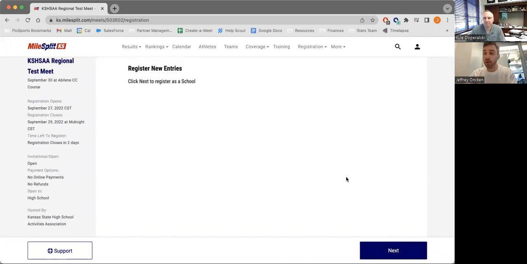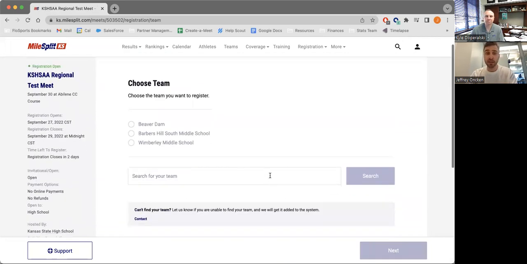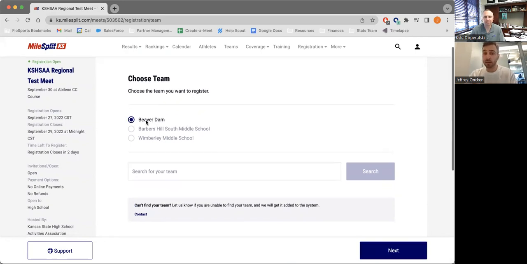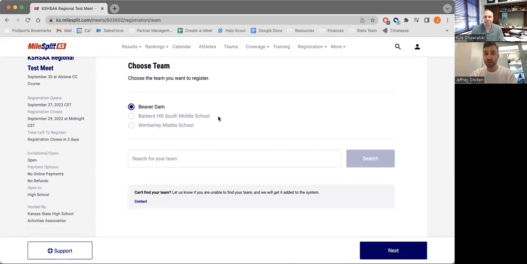Since these meets are only open to schools, there's no action you need on this first step of registration. Simply click the next button and choose your team from the list. Most of you will only have a single team listed under here. I have access to many teams as a MileSplit employee, but typically you'll have your high school. If you also manage your middle school account, you might see that listed there as well. But you'll simply click on which school you need to register, specifically for the regional meets, your high school